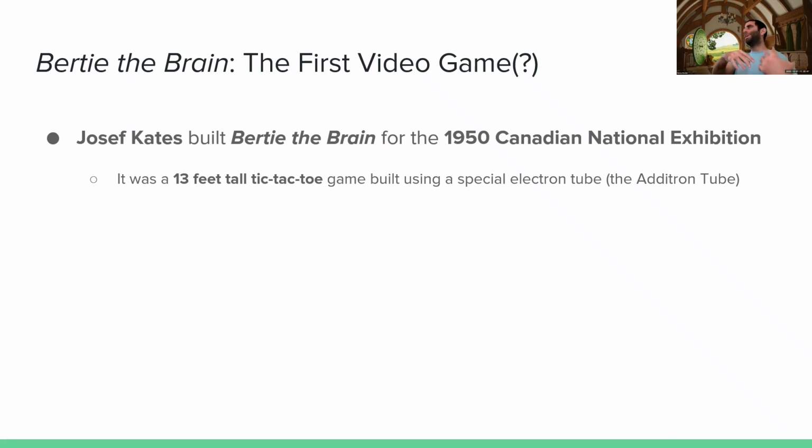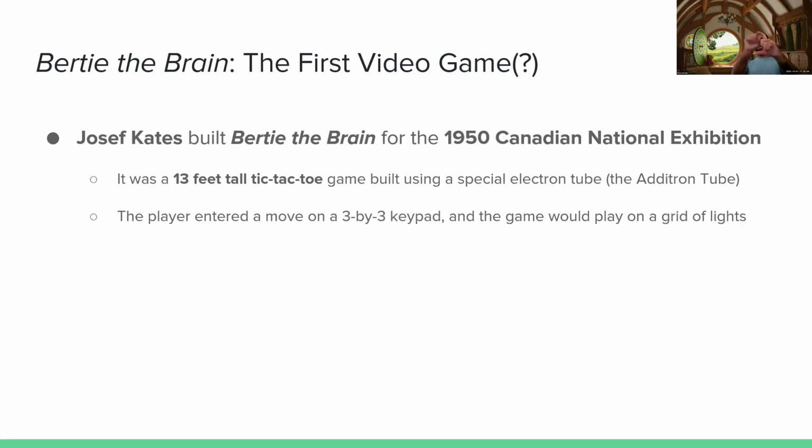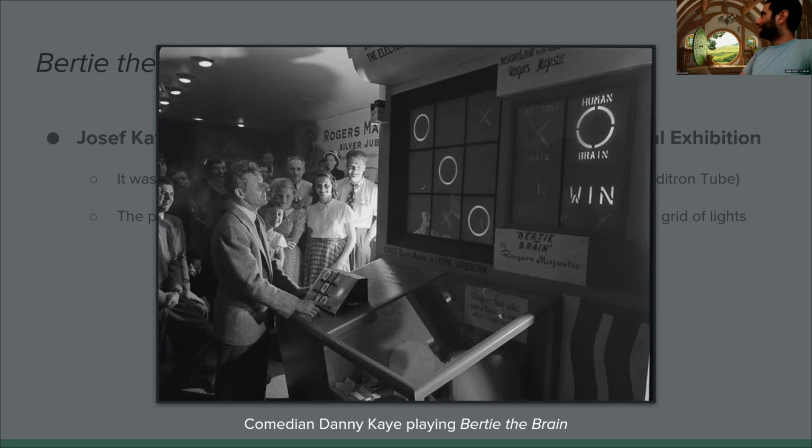In a lot of those early games, the games weren't the point. There was some other technology that the games were just trying to demo, hey, look at how cool this technology is. But regardless, a tic-tac-toe game using this special device. And basically for your gamepad, you had a 3x3 keypad, and you would click on where you wanted to play. And it looked like this. Over here, you have this big grid of a tic-tac-toe board with X's and O's. And there's a little control pad over here where you click on what you want to play, and then it displays here, and then it can tell you if you won or lost.